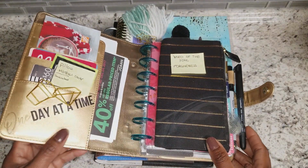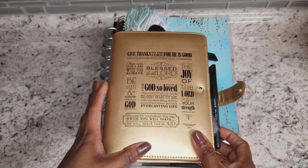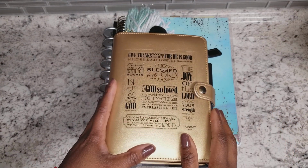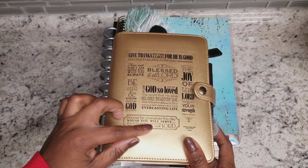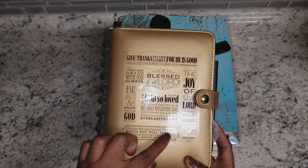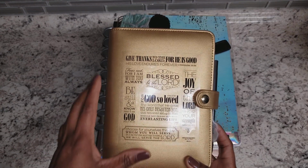So this is my Mini. This is my Goldie. I call her Goldie. And this is actually the very first Recollections binder that I ever purchased. And I love her. Not gonna do anything with her. She's never gonna go anywhere. The design on the front, I got this in Happy Mail from a friend of mine, and I thought it was just too beautiful and perfect to take off these stickers individually, so I glued the whole thing to the